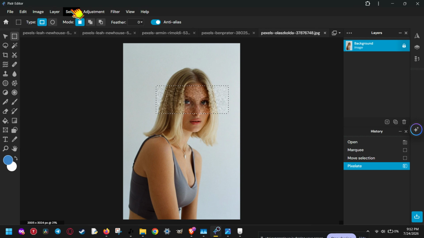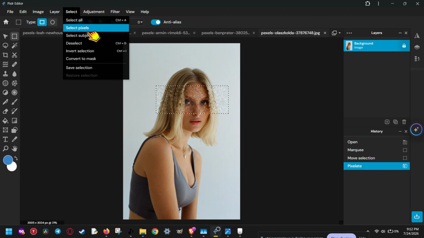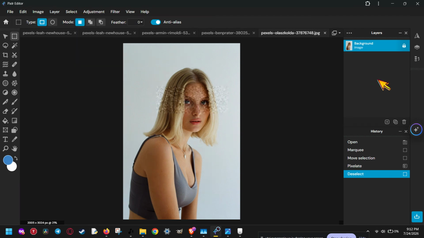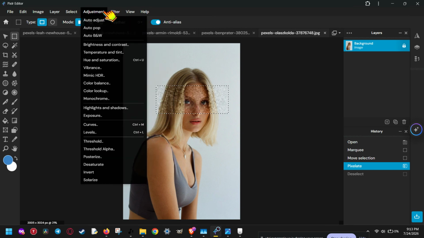Then press Ctrl+D to clear the selection outline, so the marching ants disappear and your image looks finished and polished. At this point, your image is ready to save and export. Make sure to save a copy in the format you need, especially if you plan to upload it online or share it with others. And just like that, you've successfully pixelated part of an image in Pixlr without needing advanced